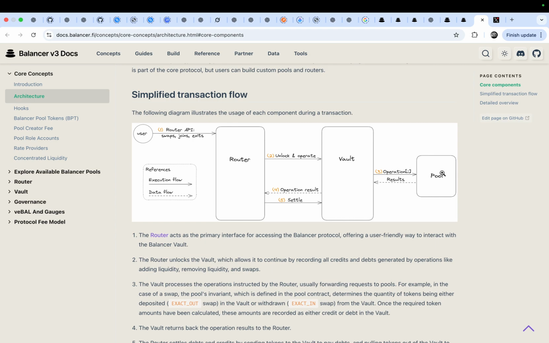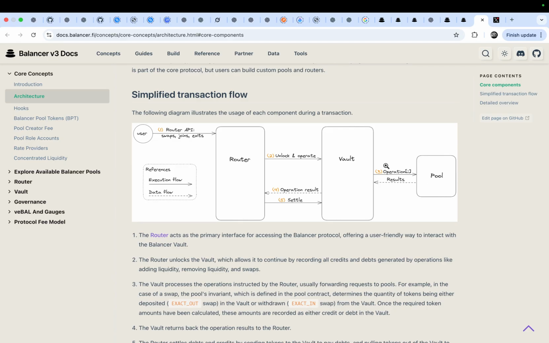The pool stores some tokens, so only the operations related to storing or withdrawing tokens will be executed in the pool.